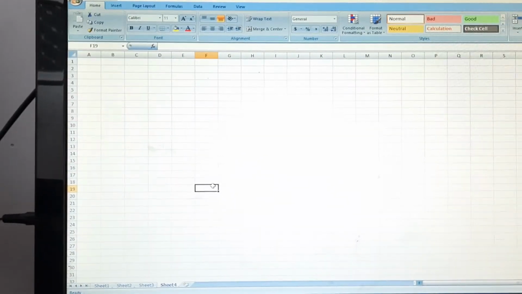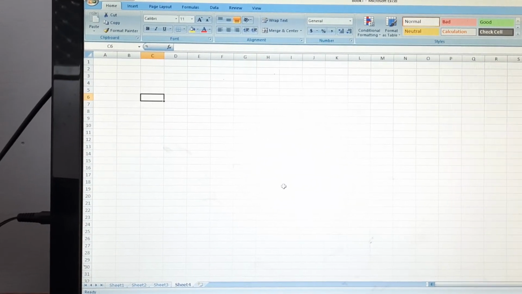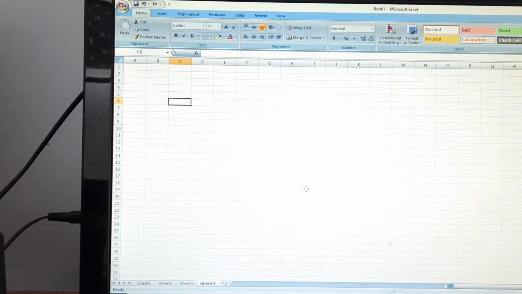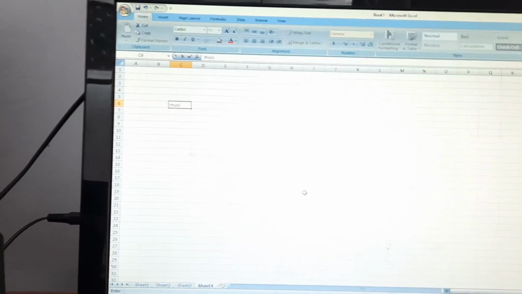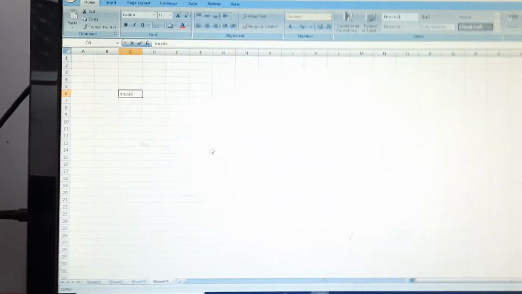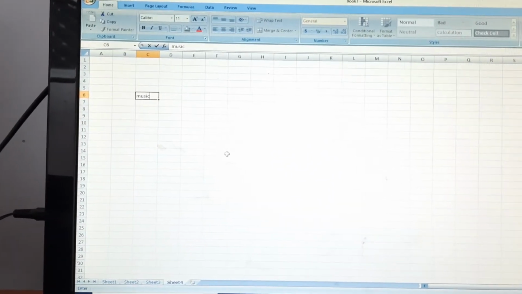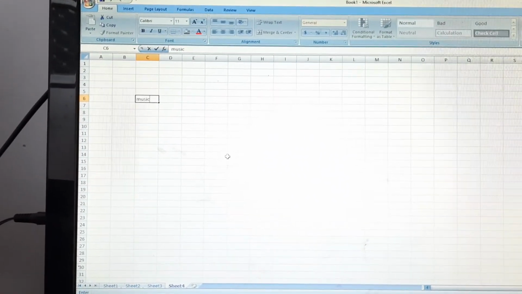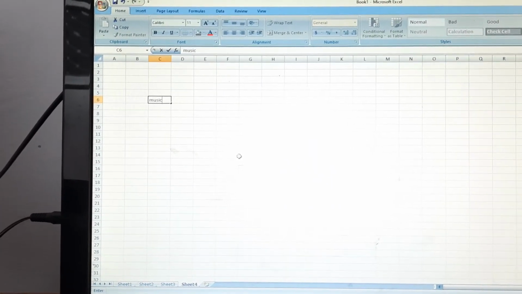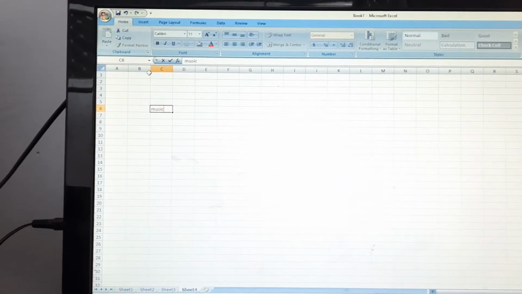Okay, copying and moving. Like I write something, music. I've written music here, and it is written in C6. Now I want to write this music in G6 also. So just copy, go select it,